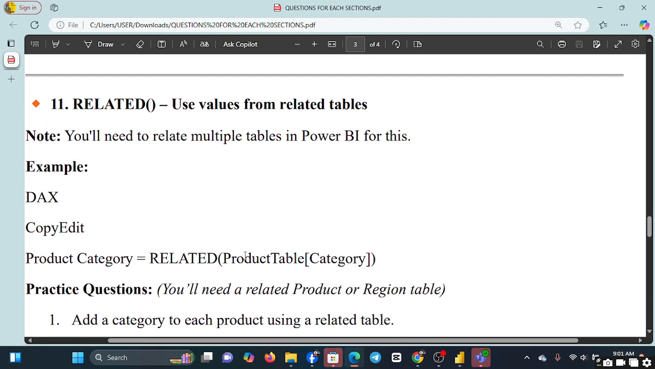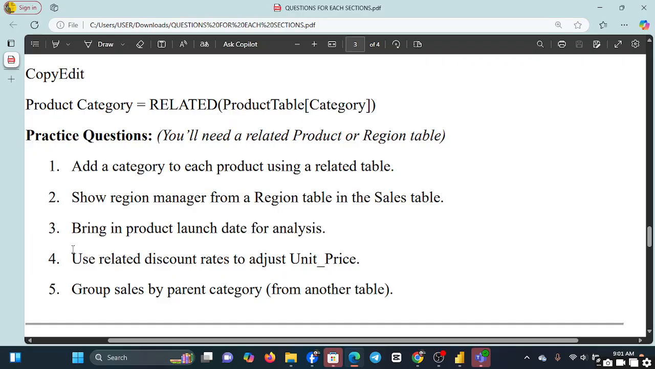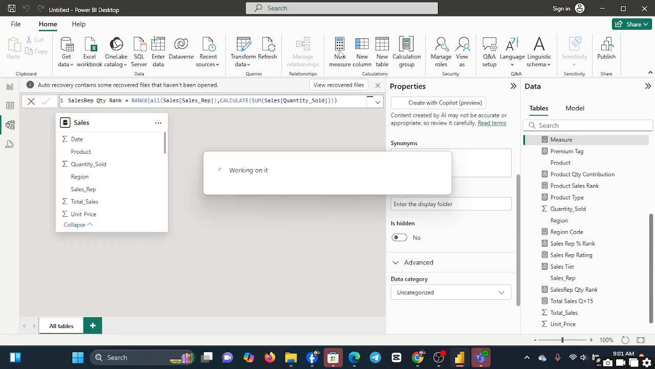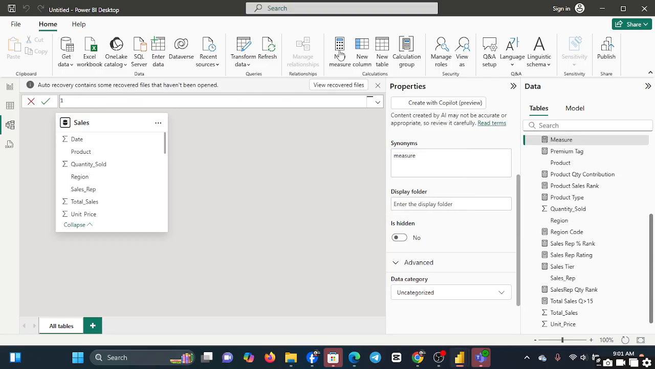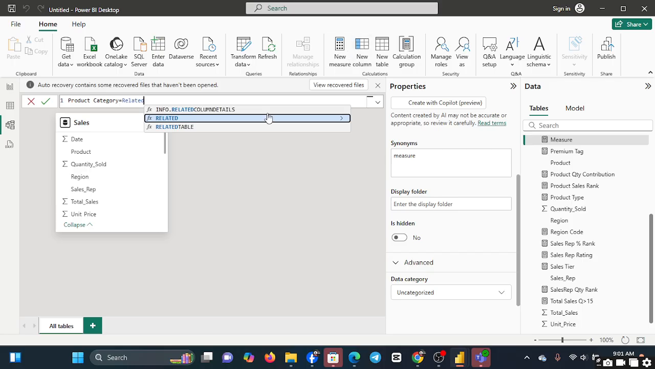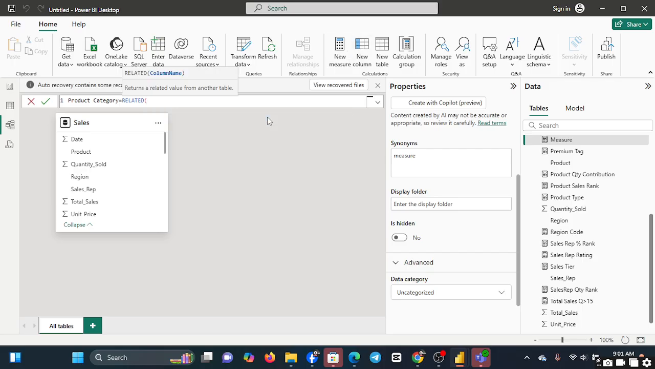You have to use RELATED. So once you look at the RELATED too, it says add question number one, add category to each product using related table. So we want to add this one now. Click on new measure. Click on new measure. Then we want to add the product category. So that will be product category. The product category is equal to RELATED. Click on this RELATED, product